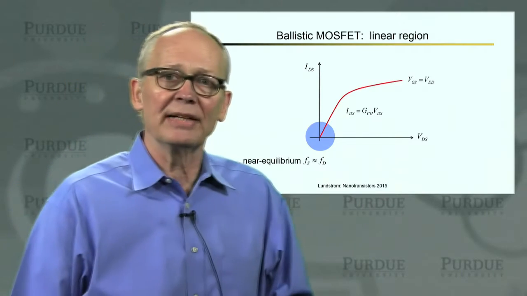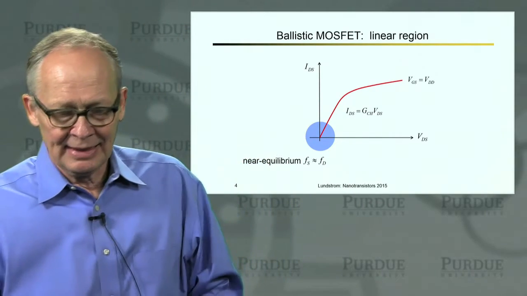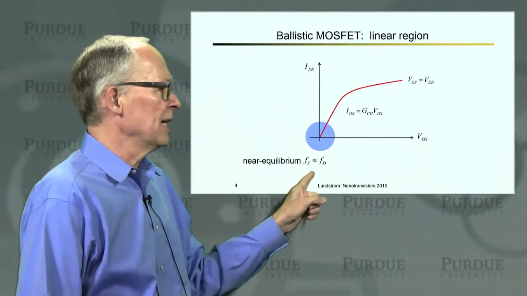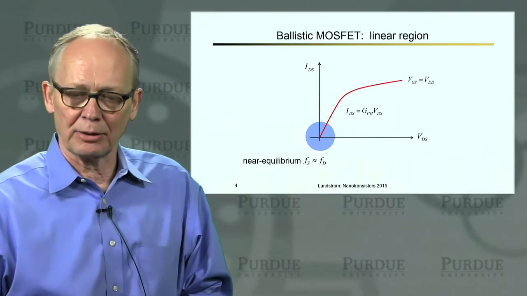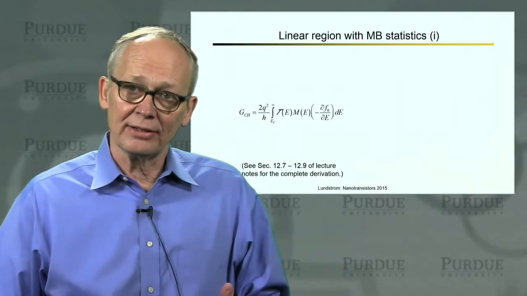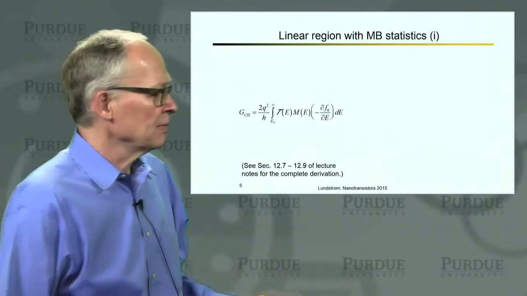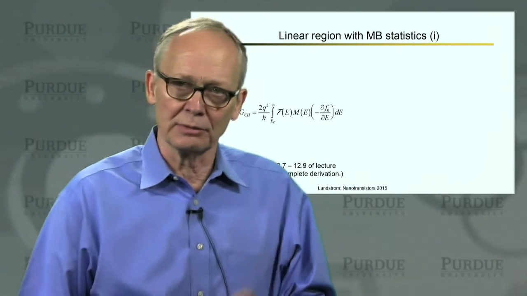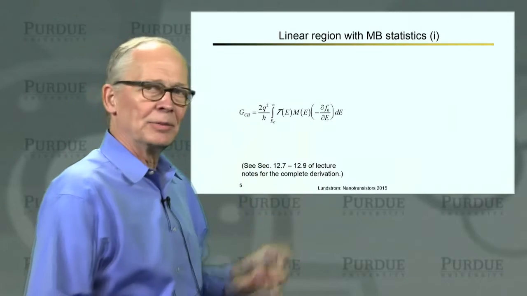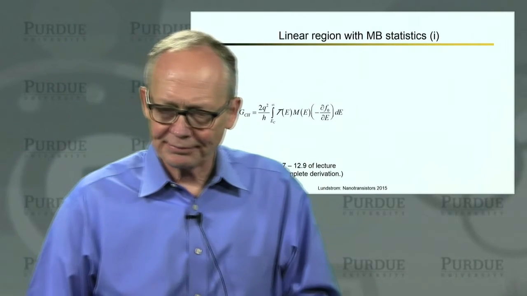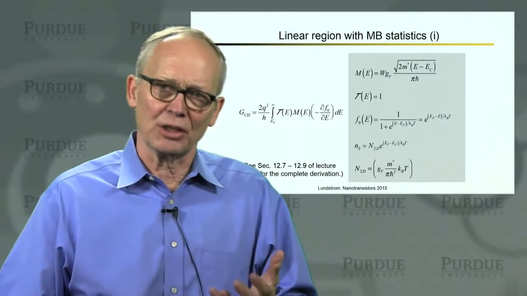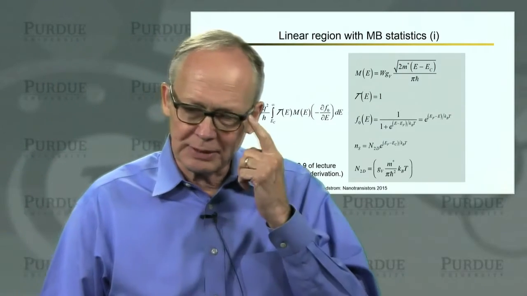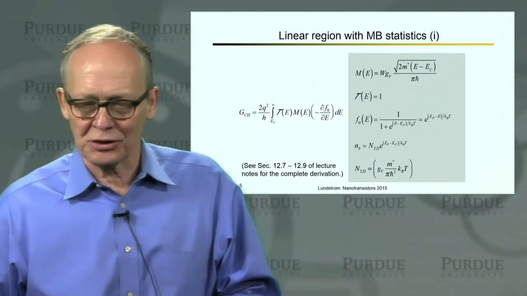Okay, so we'd like to compute the IV characteristics of the ballistic MOSFET. Let's begin by doing that with low drain to source voltage in the linear regime. There, the Fermi levels of the two contacts are approximately the same. We've considered that case when discussing the Landauer approach, and we developed an expression for the conductance in this linear regime. I'll call it the channel conductance now because we're talking about a MOSFET. Okay, I'm going to go through the derivation here fairly quickly. If you want to see all of the steps or read about them, I'll refer you to the lecture notes, but we'll discuss how the derivation goes here.